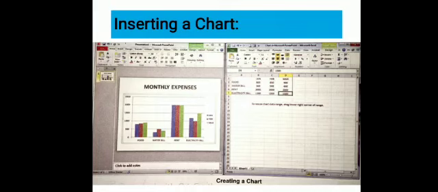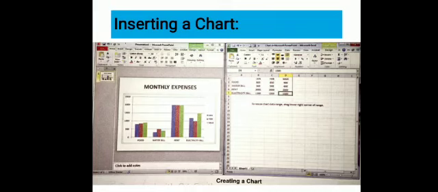Now when you click on the insert chart icon, a dialog box will appear. You have to select the chart type, which one you want to add. This chart type is given of the column chart. The one that you want to decide, select it and click OK. The chart will display with the data sheet that contains your data values.